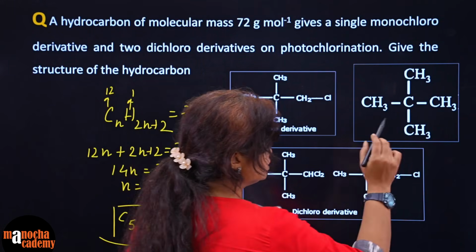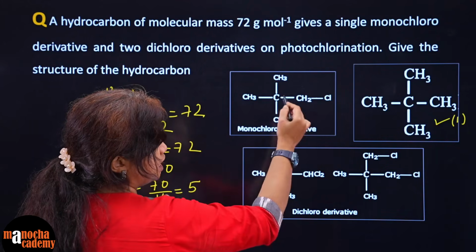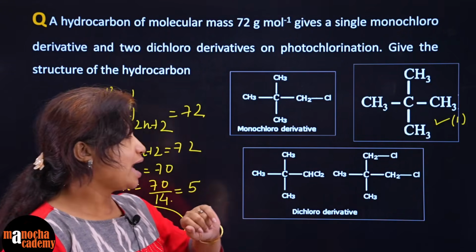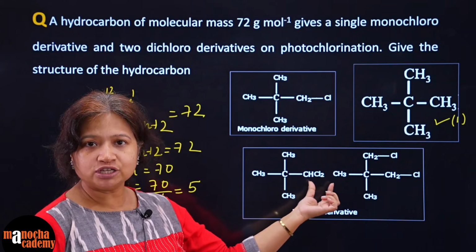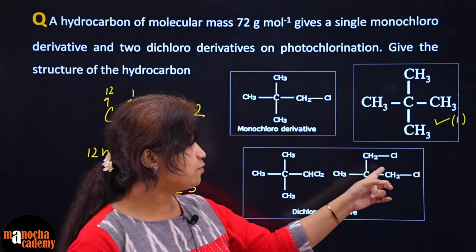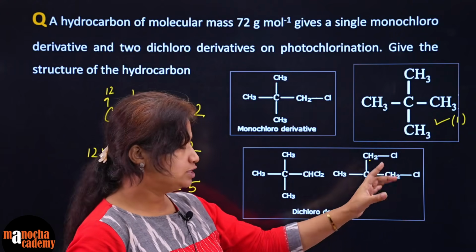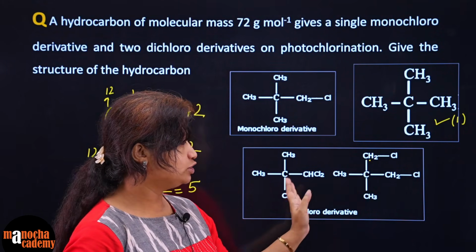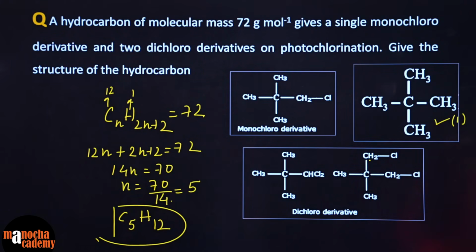You can see this one we discussed. From here you get only one monohalo compound, which is the answer here. So for a single monohalo compound, the only isomer possible is this. And dihalo compounds you get 2. Either the halogens are bonded to the same carbon atom, geminal dihalides, or they are bonded to 2 different carbon atoms. It's not vicinal though. It's bonded to here and bonded to here. So you get 2 isomers. Accordingly the answer lies here. Okay, any questions? All fine then.